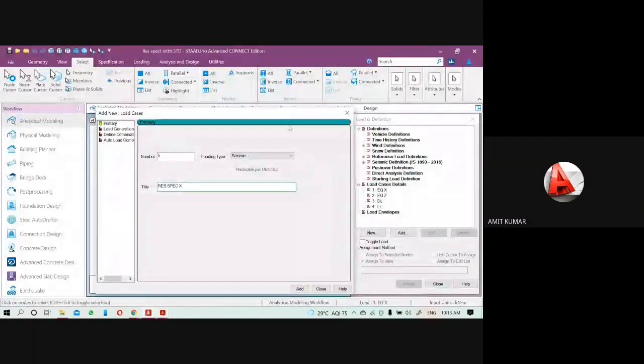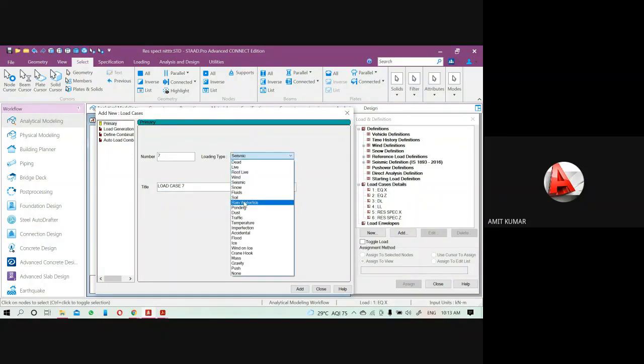Okay, so response spectrum X, add it. Next one is your response spectrum Z-axis, add it. Then next one is our wind load.